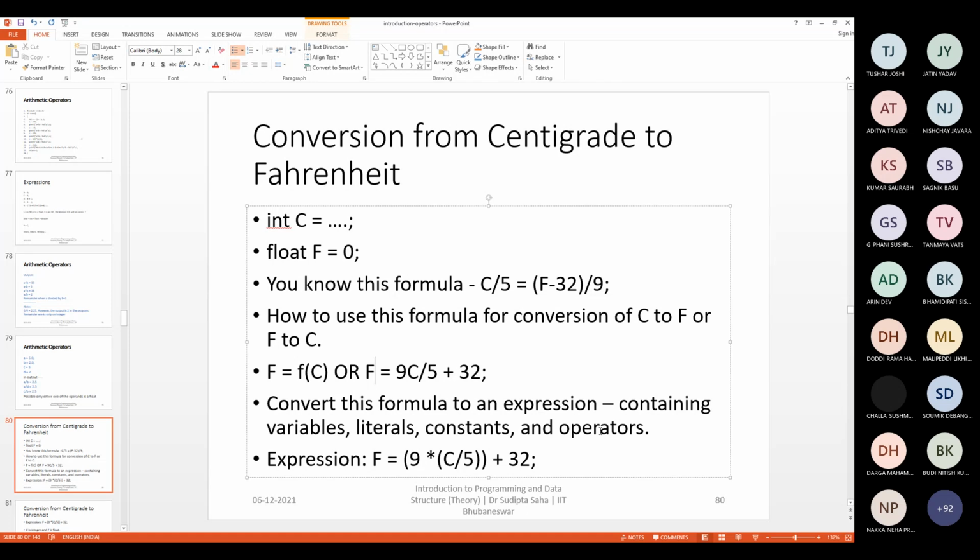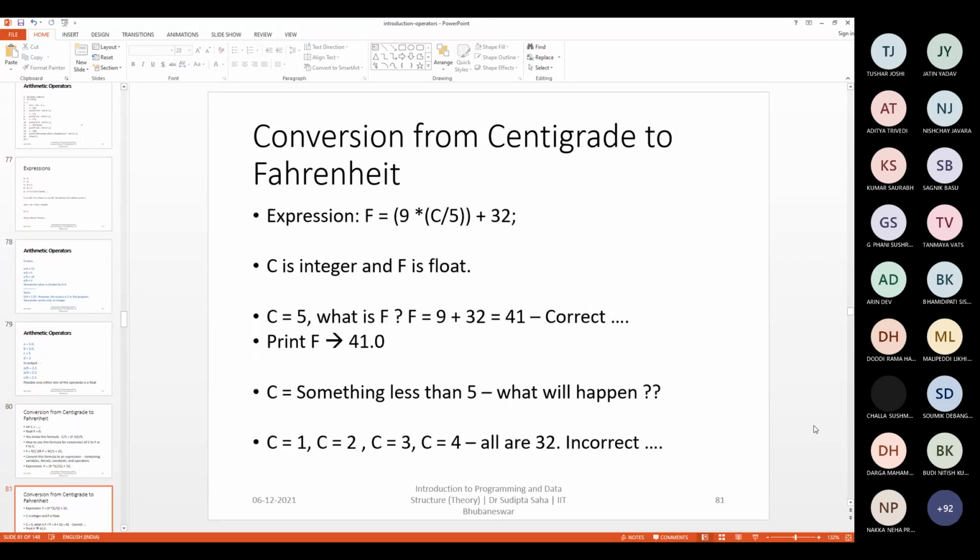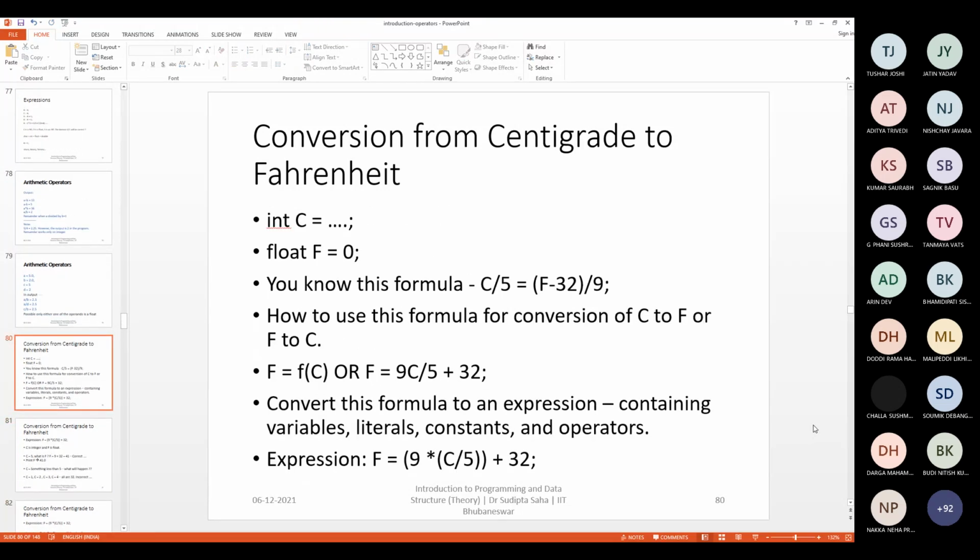First of all, I will write the formula in a correct way. The formula is definitely correct, but you have to write it correctly considering the C programming issues. Then only you will get the correct value. If you write it arbitrarily with an arbitrary integer or float combination, you'll get wrong values. You can easily get a wrong value, like C by 5, if you don't take proper precautions with the variables.